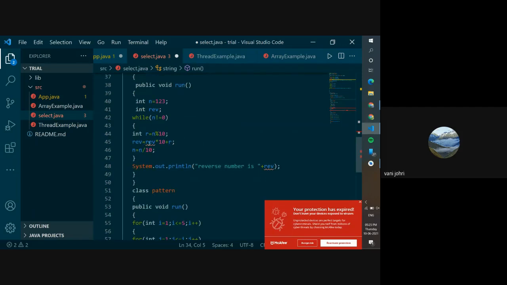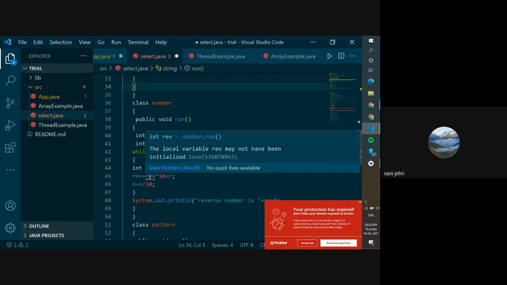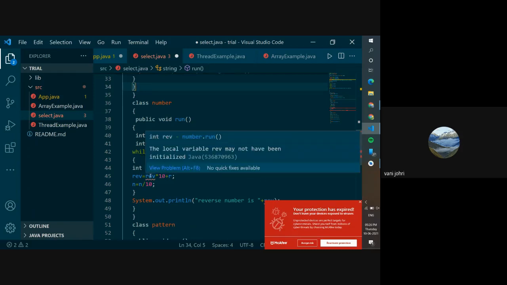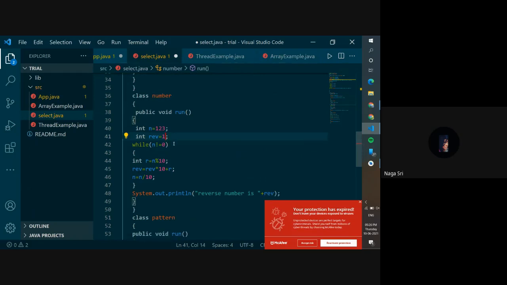See, now you did this REV is equals to REV into 10, right? So the first time when it works, it does REV is equals to REV into 10. But the first time this loop runs, REV doesn't have a value, right? What is it going to multiply it with? So you're supposed to write REV is equals to 1. Equal to 1. Yes.